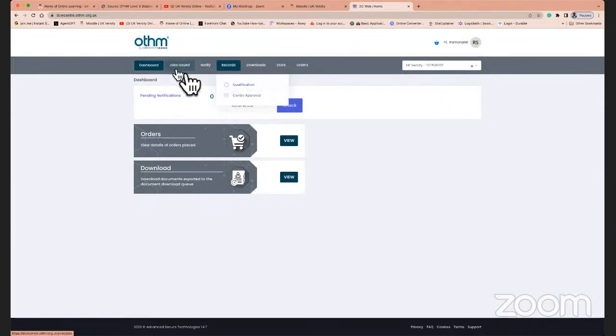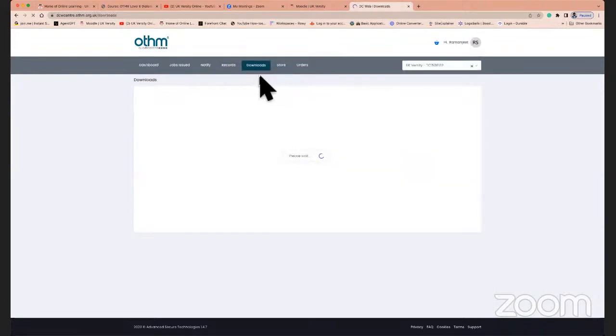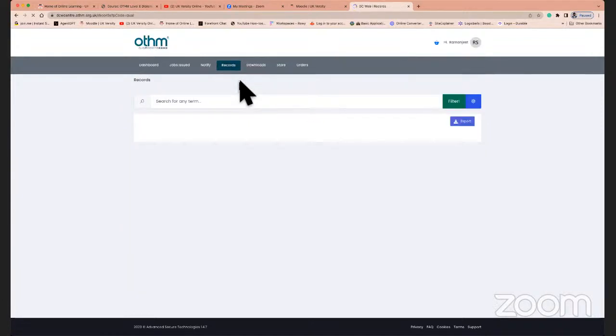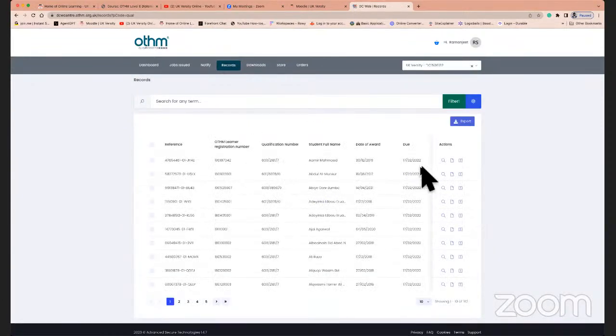So in our case, generally as a center, we have this portal, and this allows us to essentially see certification of learners for the centers that we have, and we can provide electronic versions to the learners so that it minimizes any sort of fraud or digital piracy, which is currently happening in terms of certificates, primarily for learners. So you would get a login like this. And obviously, when you click on your record, just to give you an example, it will show you an electronic version of the certificate that you can download.